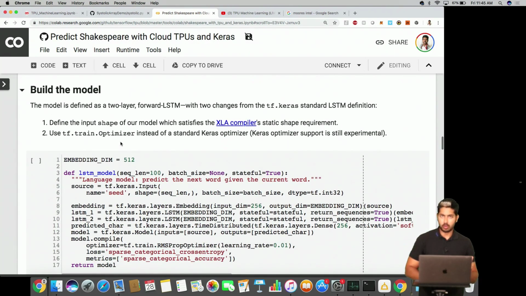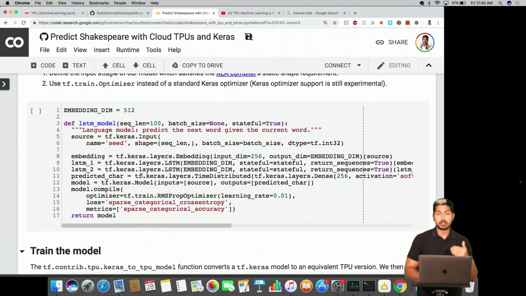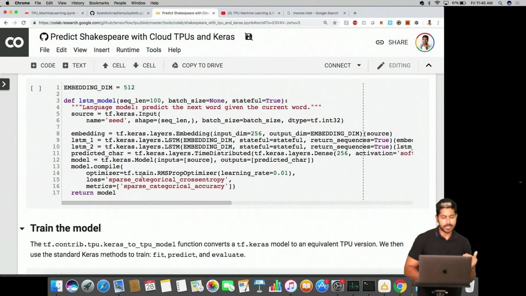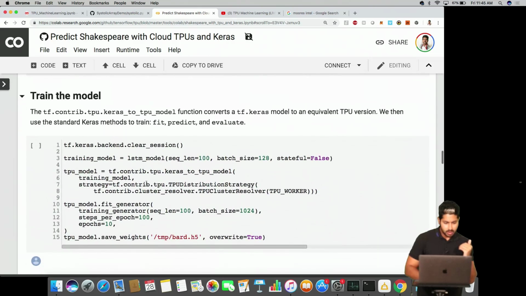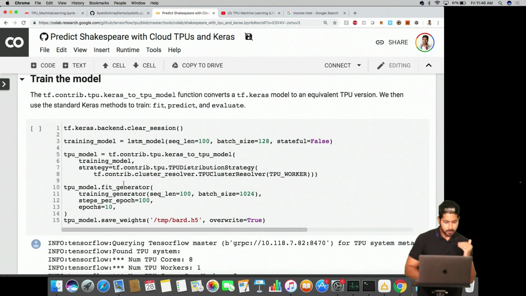We build our model. This is a long short-term memory network, a type of recurrent network made specifically for long-term sequences like giant corpuses of text. And just search LSTM Siraj for a video on that. And yeah, nothing TPU specific here yet. When we train the model, here we go. Like we did before,